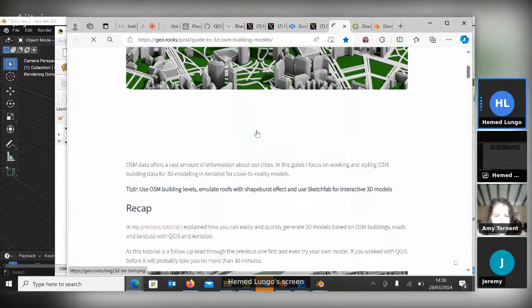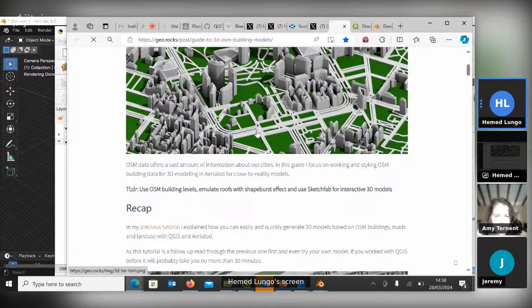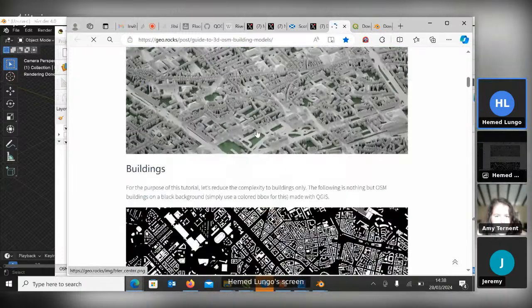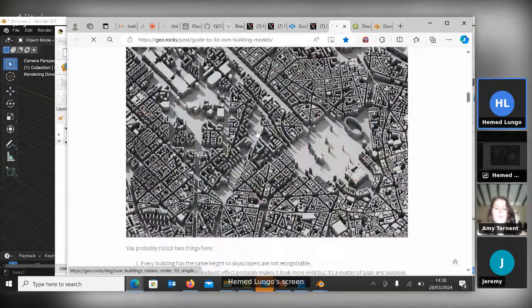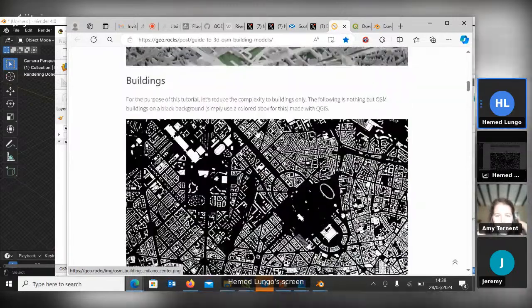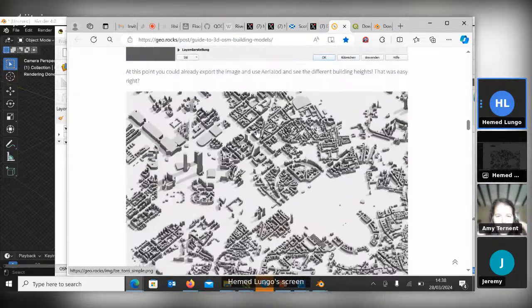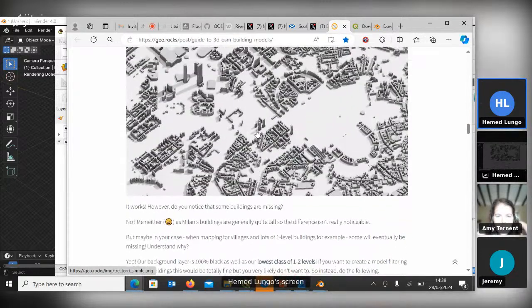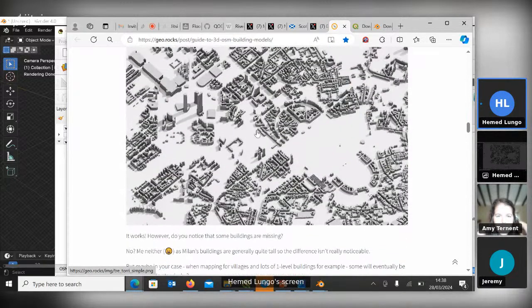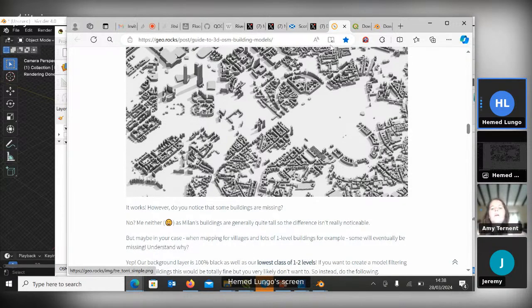You can use OpenStreetMap data: if it has building height, you can prepare a black map like this one, and then you can send it to iRoad if your OpenStreetMap has building height. So for here I tried for